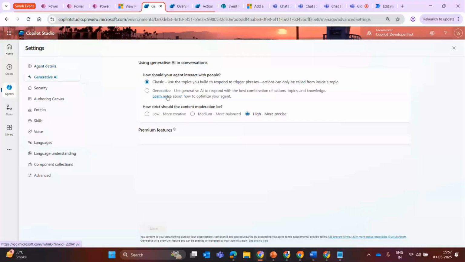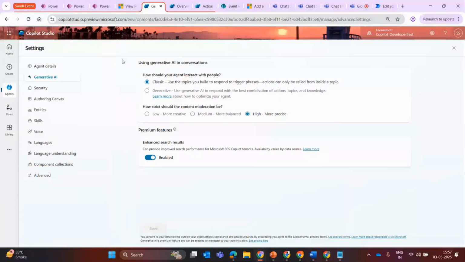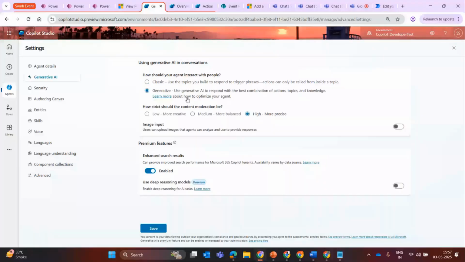This Copilot Studio was previously called Power Virtual Agents, but with this generative AI layer added, it got renamed and revamped to Copilot Studio, wherein this is no longer a chatbot building platform. It is a platform where you build AI agents, right? Agents which are powered by AI. Now, as soon as I hit generative, it means I can leverage the GPT models, and Copilot Studio is built on top of your model, same as Azure AI Foundry. The layer of this product is your Azure AI Foundry itself. So whatever you see, this